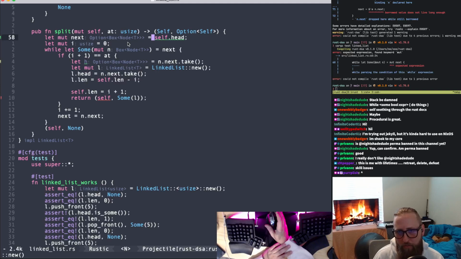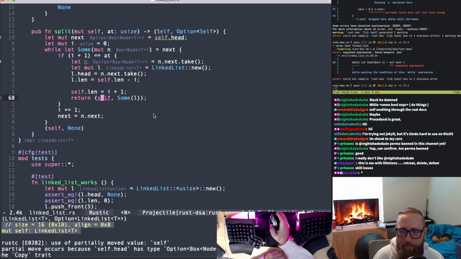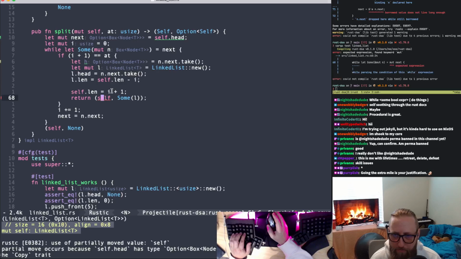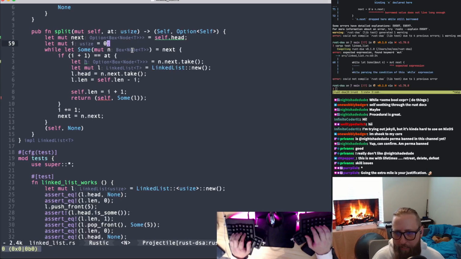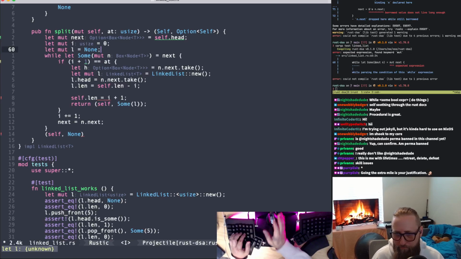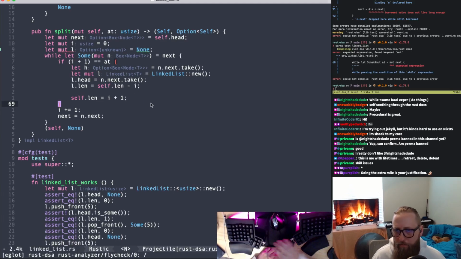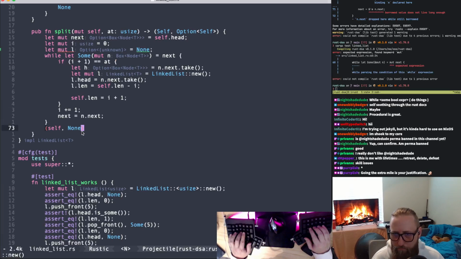So split, consuming self. I move self here, and because I've moved self here, it won't let me return self down here. Oh, I know how I can fix this. I know how I can fix this. By not doing this. And instead,